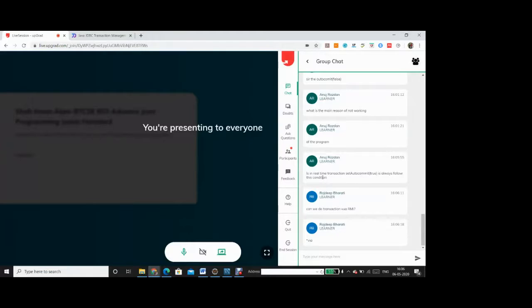See, Anuj, whatever we are doing, we are firing a statement, that is real time. I do not understand what you mean when you say in the real time transaction set auto commit true always follows this condition. By default, set auto commit true is always there. This is the fact.